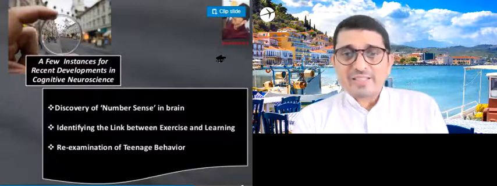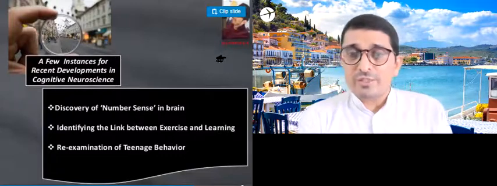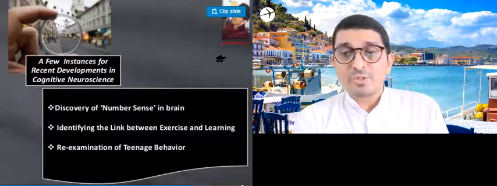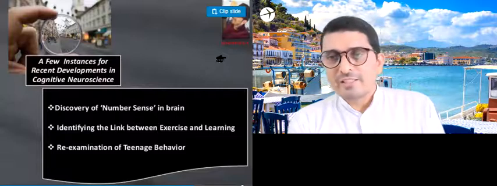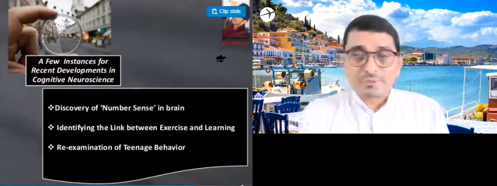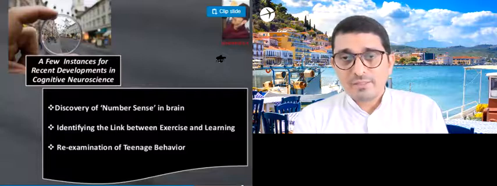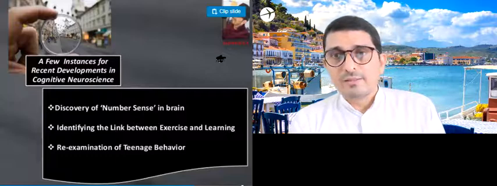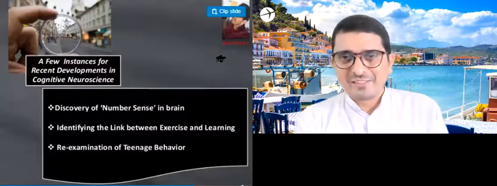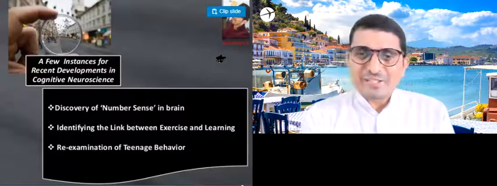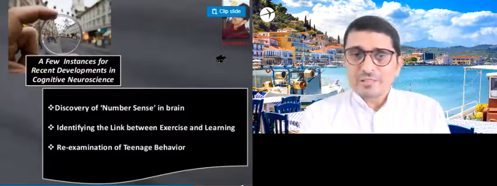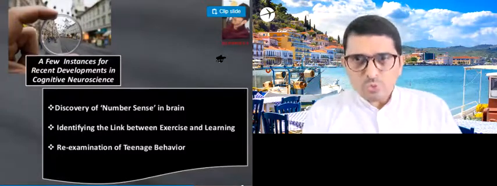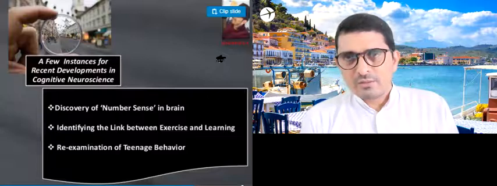Then again, re-examination of teenage behavior. Actually, we have been thinking about teenage behavior, adolescent behavior, on the basis of some principles introduced by people like Sigmund Freud. But if we think about the functions of hormones inside the brain in the case of teenage behavior, sometimes we may be able to have some wonderful outcome, because